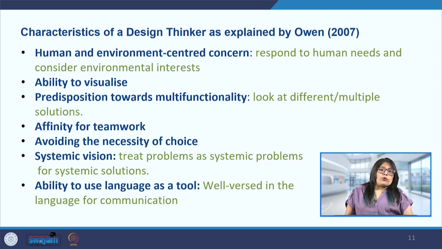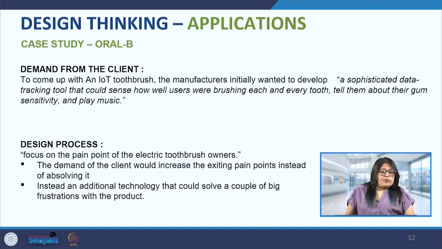So language is important to also form our problem statement, and the discussions and conversations we are having, the whole process of empathizing with the user that we are doing. And so all of these influence the direction of the design process, and throughout this a clear communication is a must. So we cannot ignore the use of language, because it is going to be assisting us throughout the whole process of design. So let us see the design thinking applications with the help of a case study.